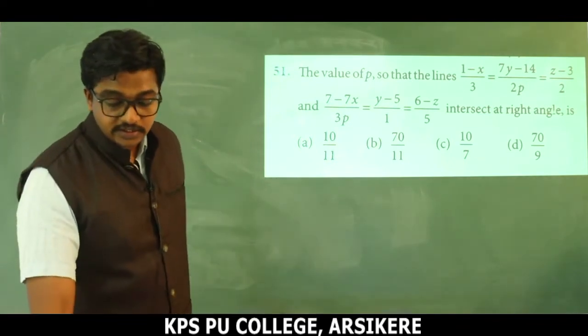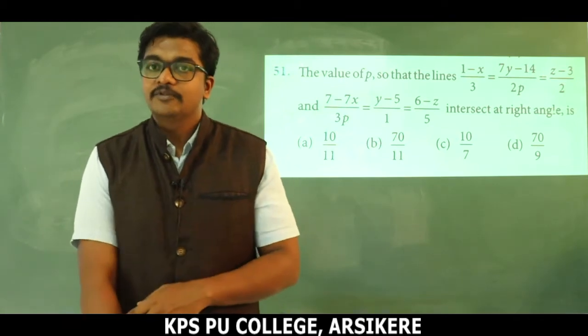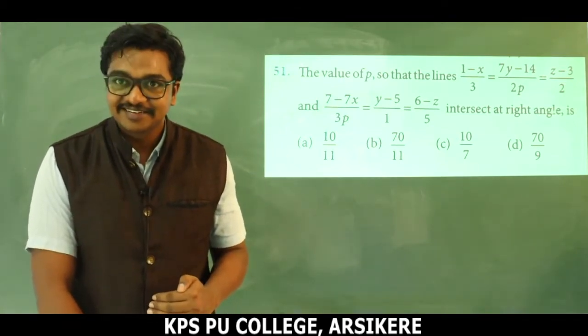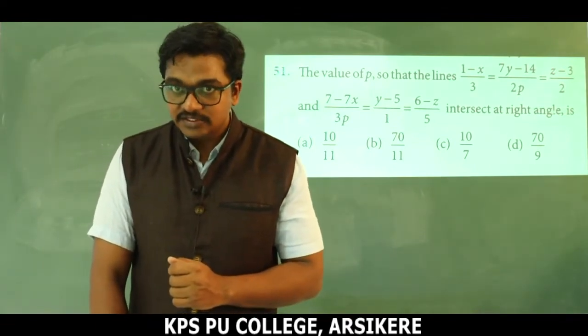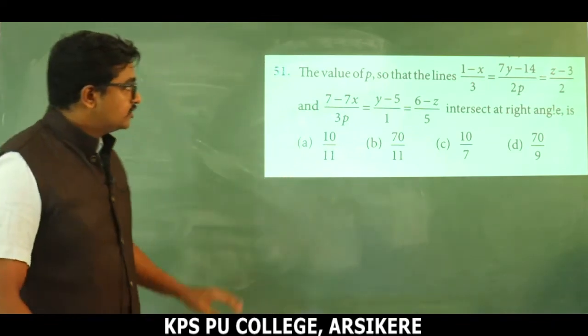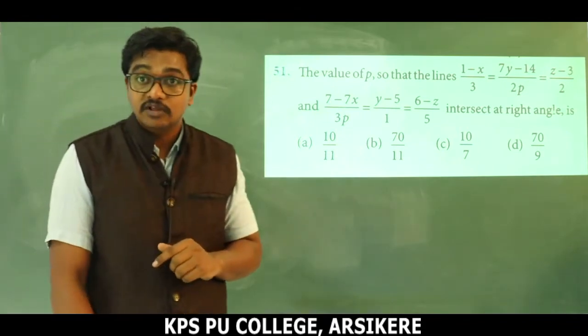So they intersect at right angle means the angle between them is 90 degrees. What is the condition when they are perpendicular to each other? a1 a2 plus b1 b2 plus c1 c2 is equal to 0, right? So we have to find the direction ratios of L1 as well as L2. Before finding the direction ratios, first you have to convert the given equation of the line to